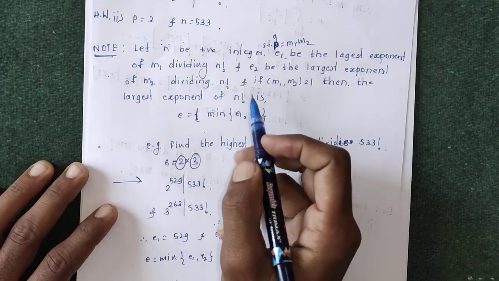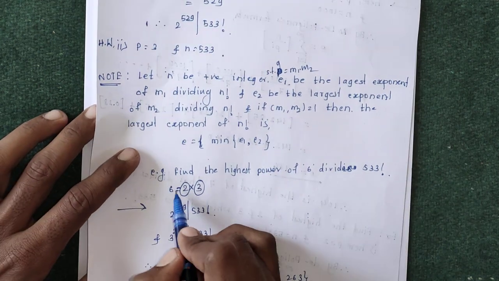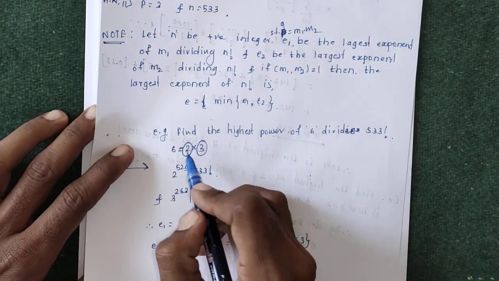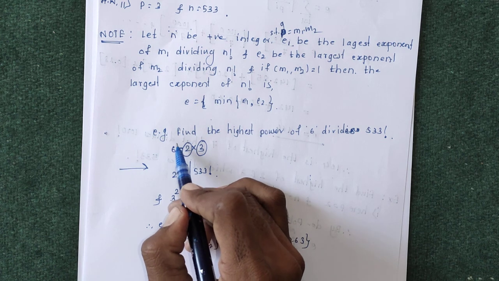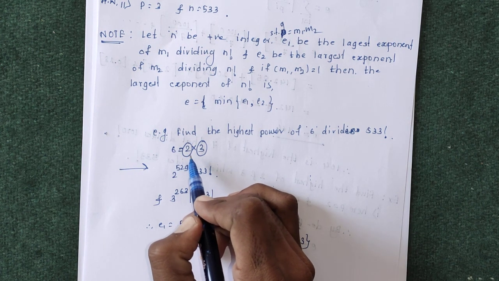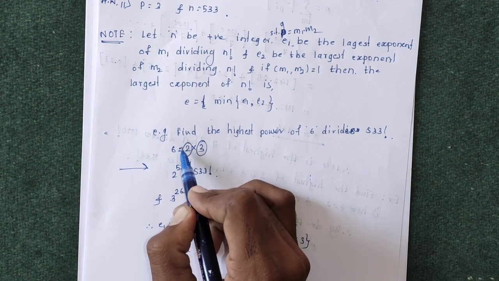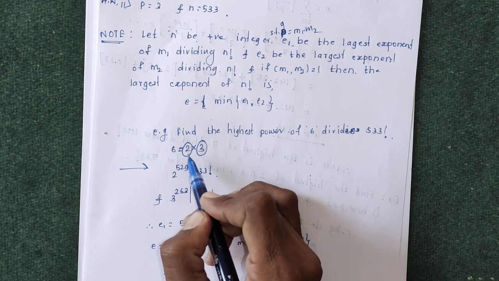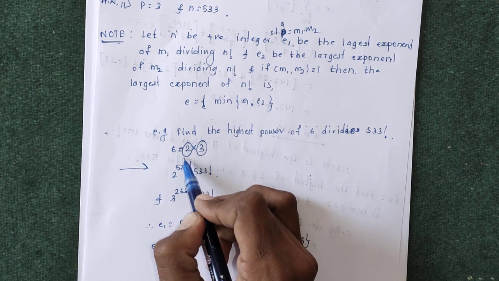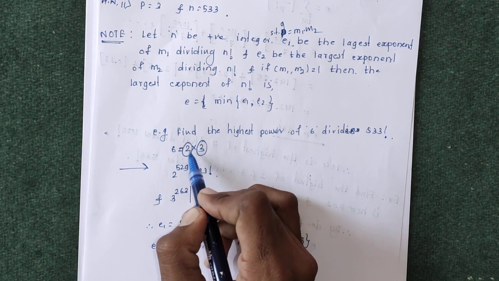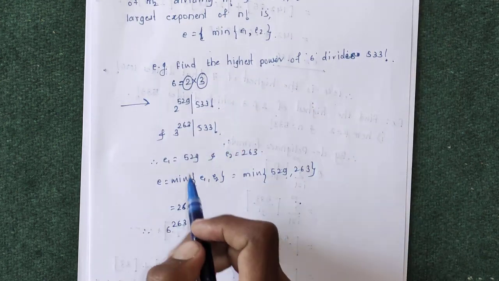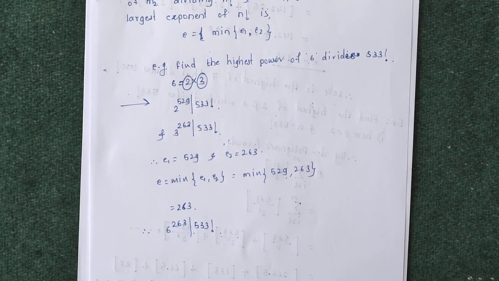So this note is useful if you are given some number which is not prime. Then you have to express that number as a multiplication of primes, and using de Polignac's formula you have to find the highest power of each prime number, and the minimum of those powers will be your answer, hence the solution.